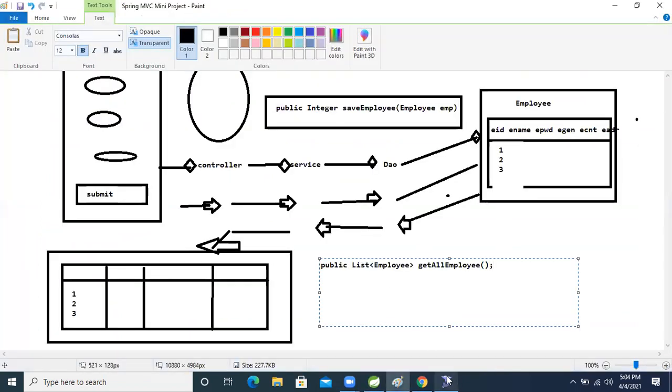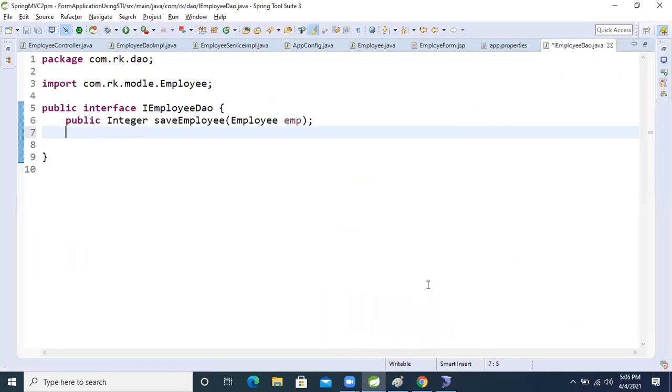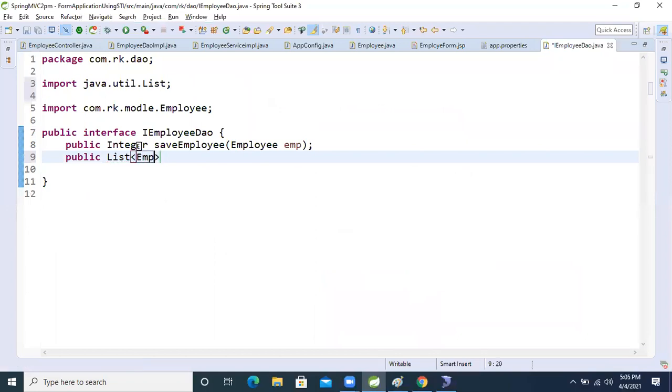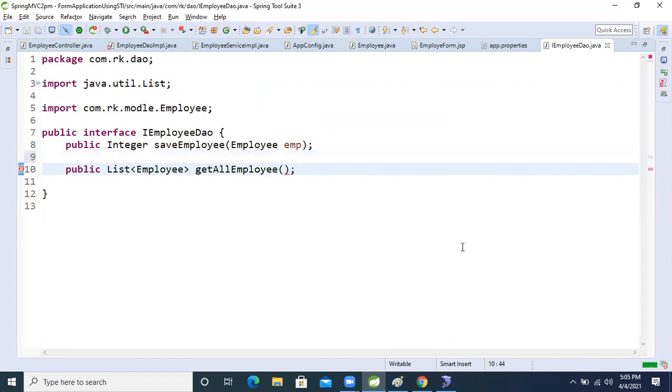Public list of employee, getEmployees, because we are selecting all employees. Public list of employee, get all employee. This is the abstract method in the interface, guys.